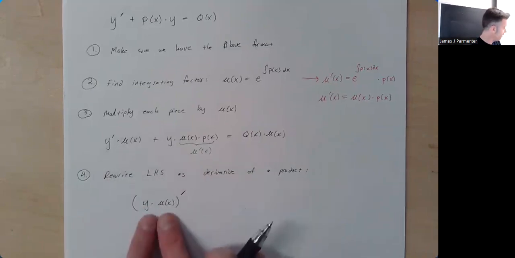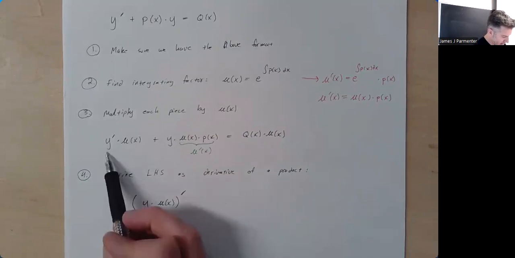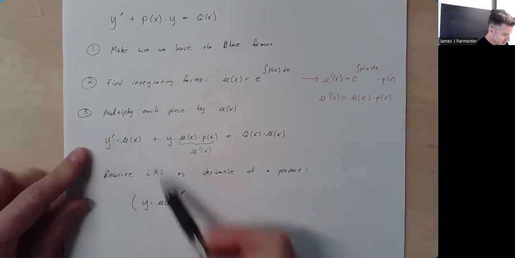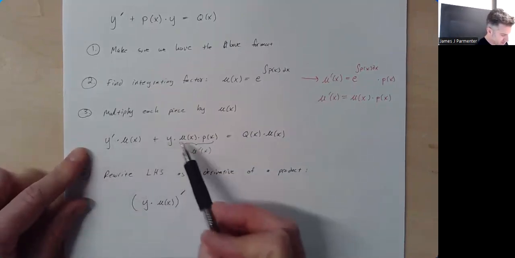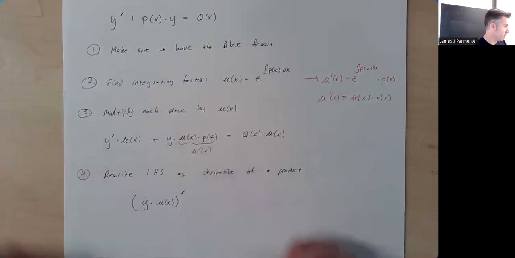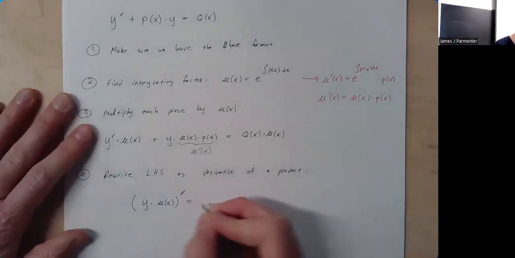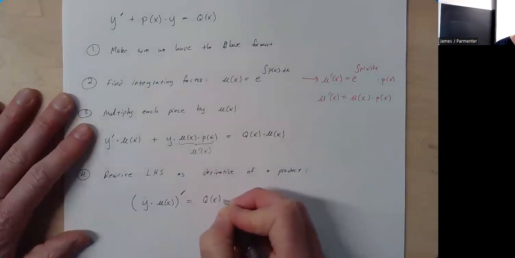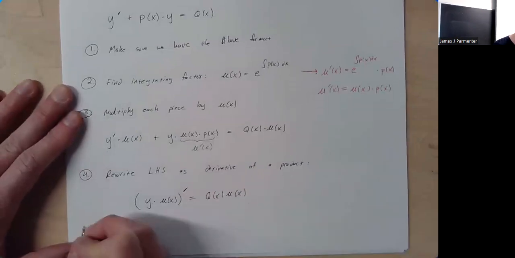And you can check, right? If you take the derivative of this product, it's the derivative of y times mu, plus y times the derivative of mu, which is exactly mu of x and p of x. And that's going to equal q of x times mu of x. Finally,